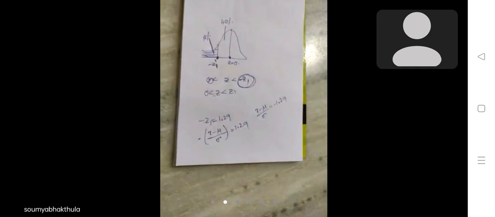And here you have the values for mu and sigma, right? Already they are given what is mu and what is sigma. So substitute the values. I'm substituting here. X minus, the question is this one, you have to find x minus mu 78 by sigma 11 equals to minus 1.29. Okay,